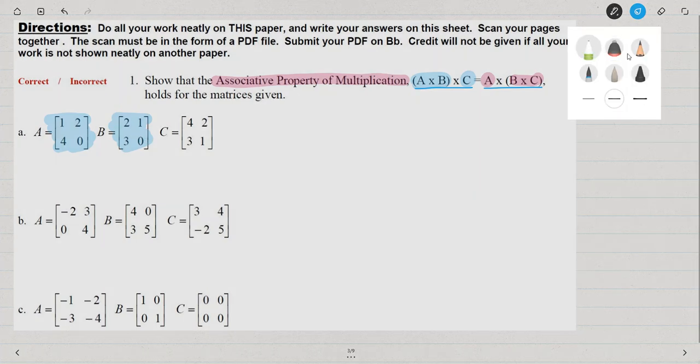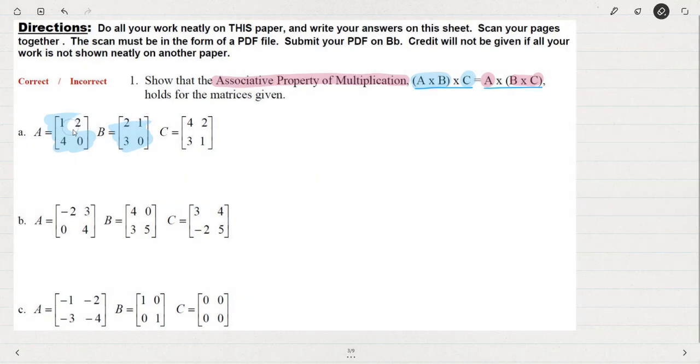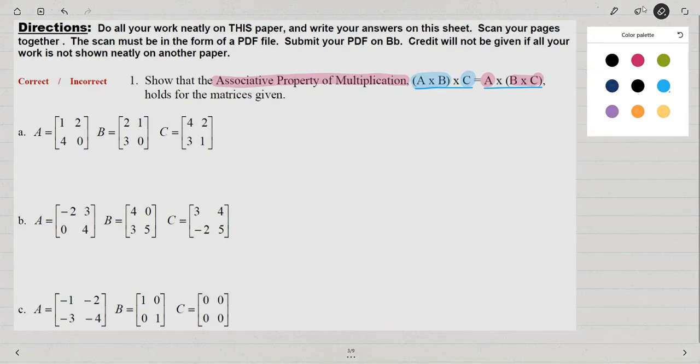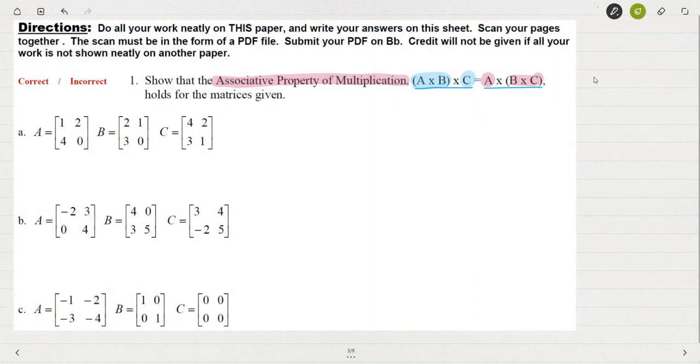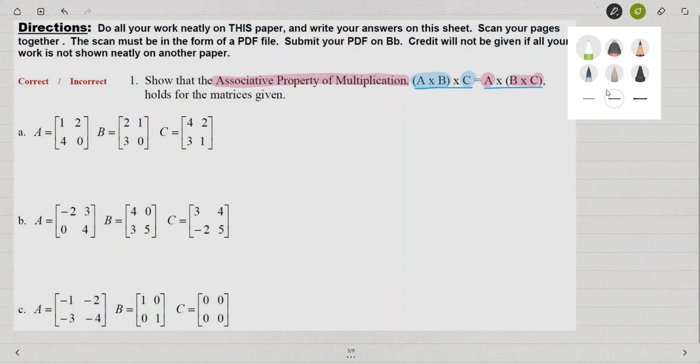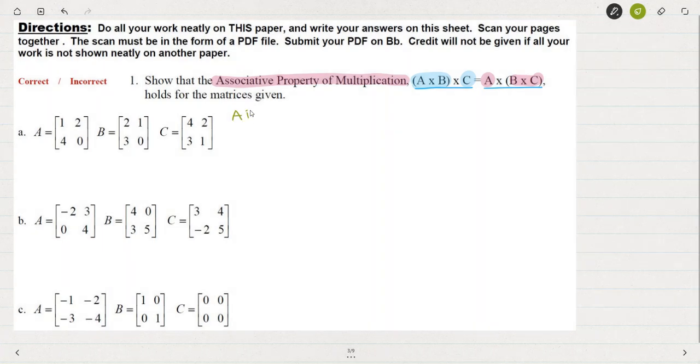Let's try that. If I multiply A times B, and let me erase the highlights here and show you really thoroughly what we're doing when we're multiplying A times B. What you might think of, if this is your first experience with multiplication of matrices, if we multiply matrix A times matrix B, we're going to take these two matrices and we're going to get a new matrix, right? So when you look at this